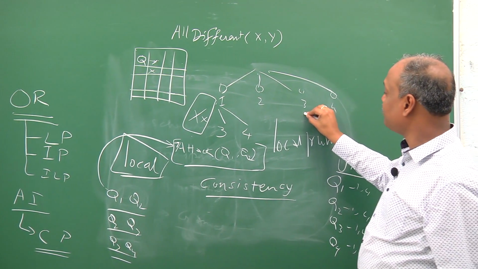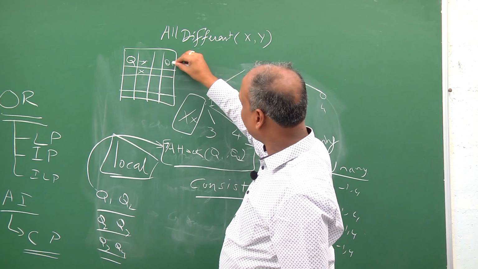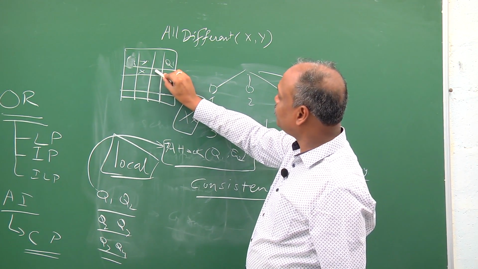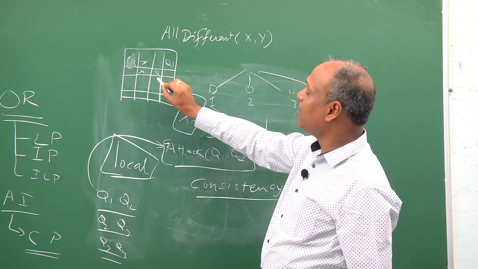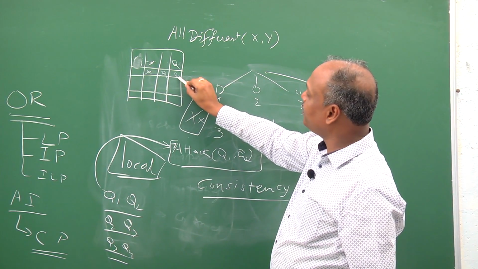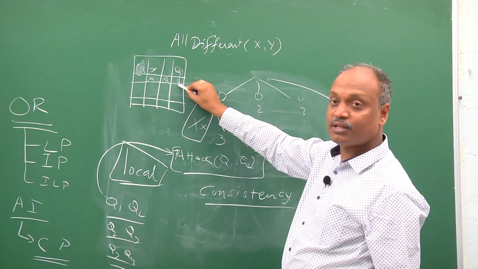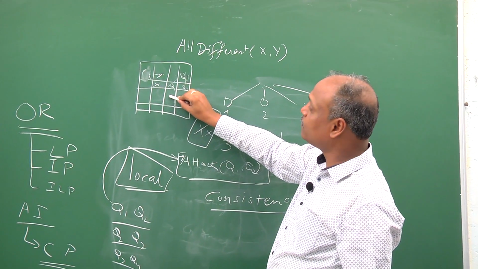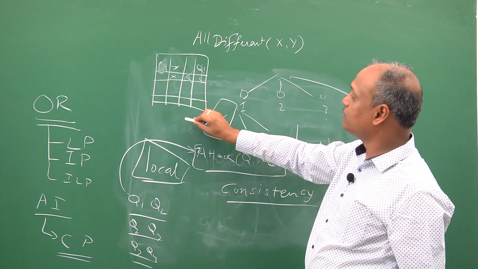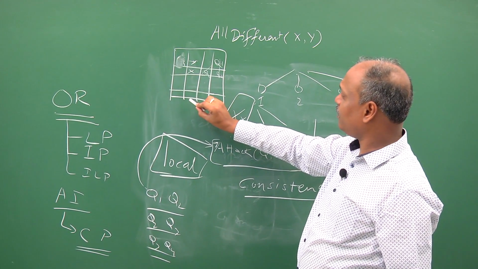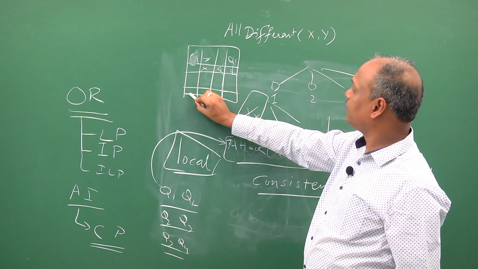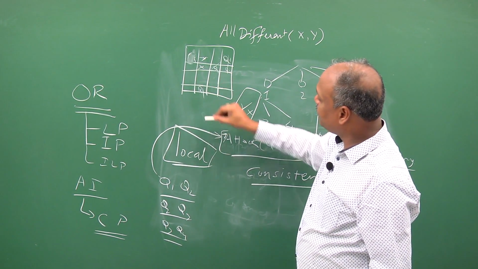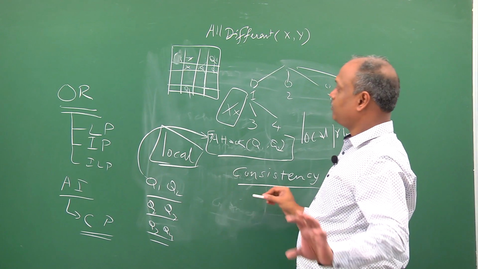Let's take the same thing. Suppose you start with Q1 equal to 4. Then you know that Q2 cannot be 3 or 4 because they are on the same diagonal or the same row. So you can actually use only Q2 equal to 1 or 2, since one of these is also on the diagonal, so probably only one option is remaining.